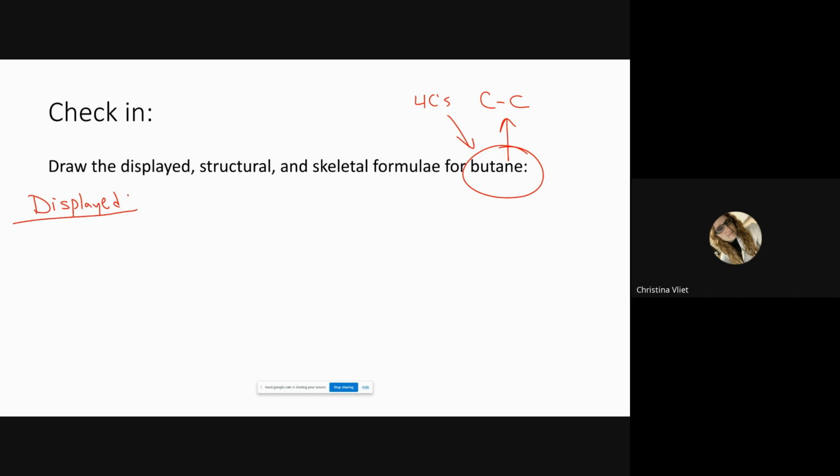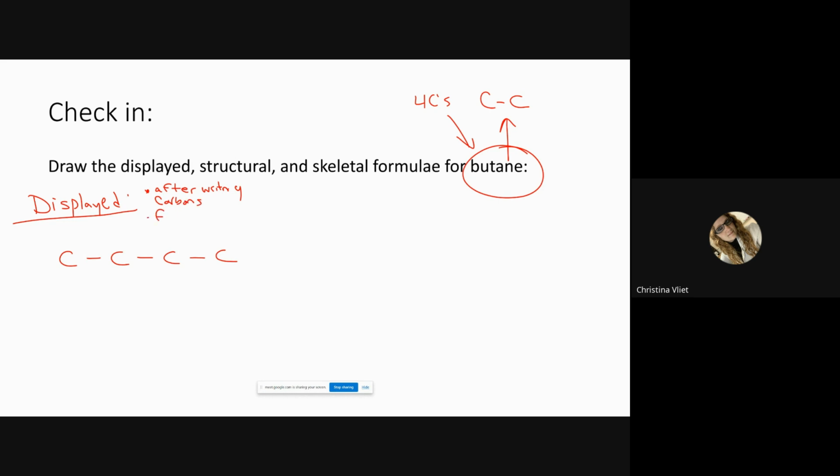Start with your 4 carbons in a row, because "but" means 4, and they're single bonds only, right? So C, C, C, C, like this. Got it so far? Then what you have to know is that if carbon isn't connected to carbon, carbon is connected to what other element in an alkane? Hydrogen. So the idea is that you fill with hydrogen. So after writing your carbons out,